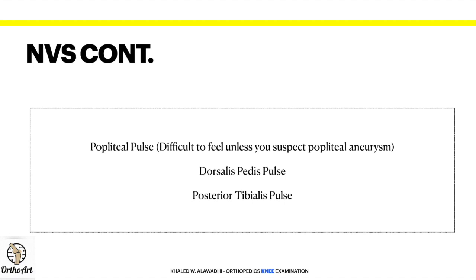And also you have to always palpate for the popliteal pulse. It's difficult to feel unless you suspect a popliteal aneurysm, and you do it in a scoop fashion. So you place your thumbs on the tibial tuberosity, and then you do a scoop. You put your fingers behind the knee, and you have to dig in deep. It's like you're scooping an ice cream, and you palpate very deeply for the popliteal artery. It's very minimal, unless you feel an aneurysm, which is pulsating like a normal